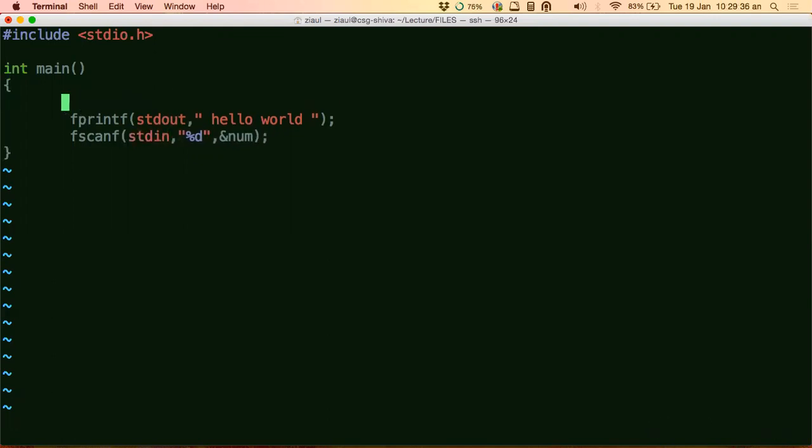Okay, so till now what we did was we had these 2 basic files, stdout and stdin, and we were not able to do much. All that you are every time doing is writing it down on the monitor, and then reading it from the keyboard. But now we want to change this. We want to create a file now, and we want to use that file for printf, for fprintf, right? So this is the way you create a file.